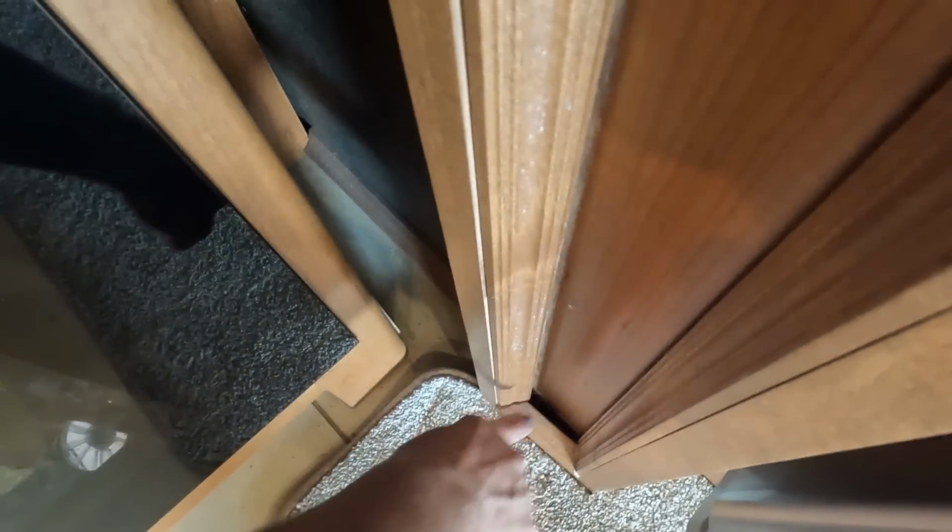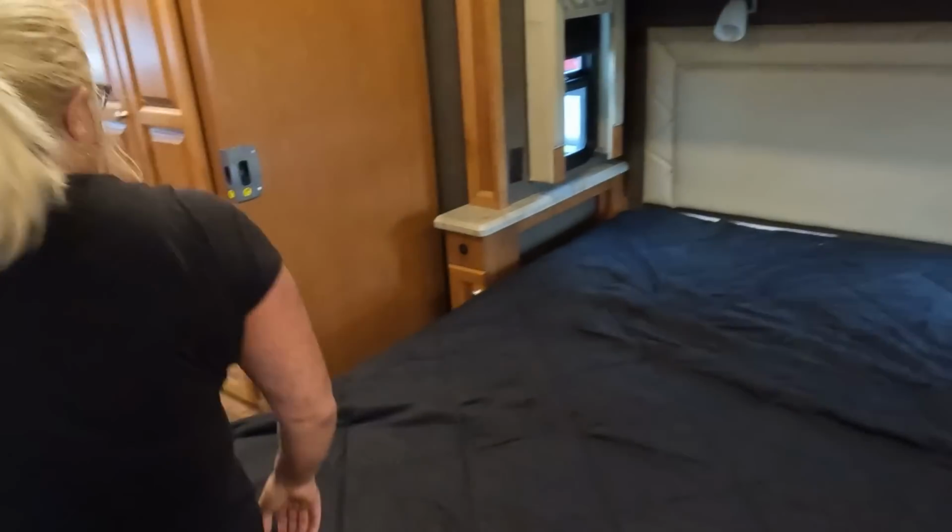And in addition to that slide issue that I'm telling you about that's loud, we've got the trim down here that you can actually see through right there. When it starts to open a little bit, I can actually see outside. So what's going on with this slide? And the same thing in the bedroom. We've got a slide trim issue with the bedroom as well. I was checking out all of the furniture, and I've got to say that this bed needs to be changed,